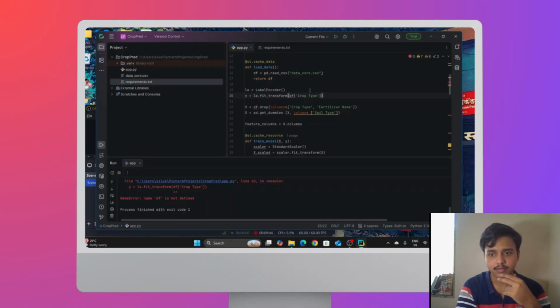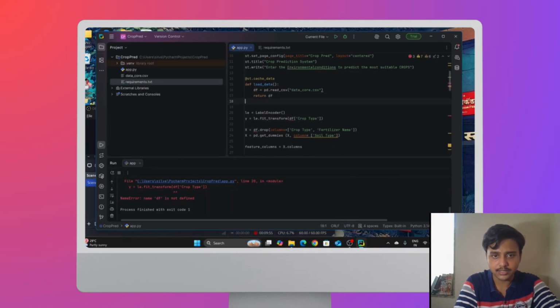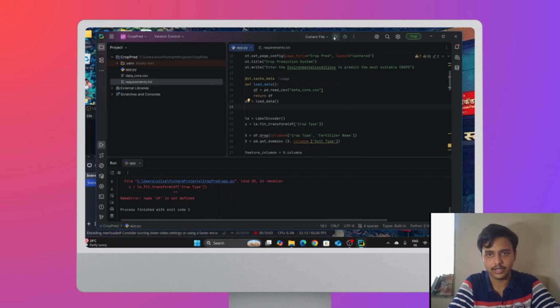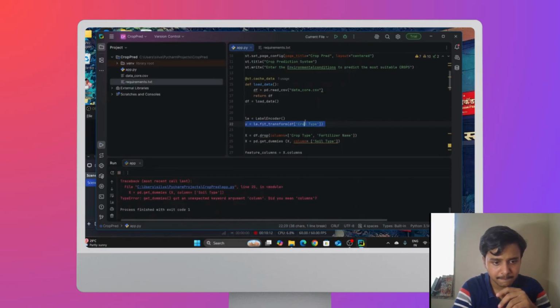Okay, it is giving the same error again. Okay, we did not write this as df equals load data, and we'll run it again to check if the error gets solved of this particular line here.